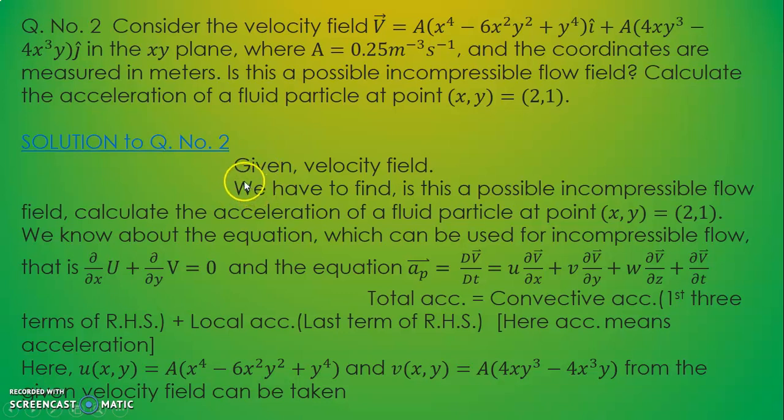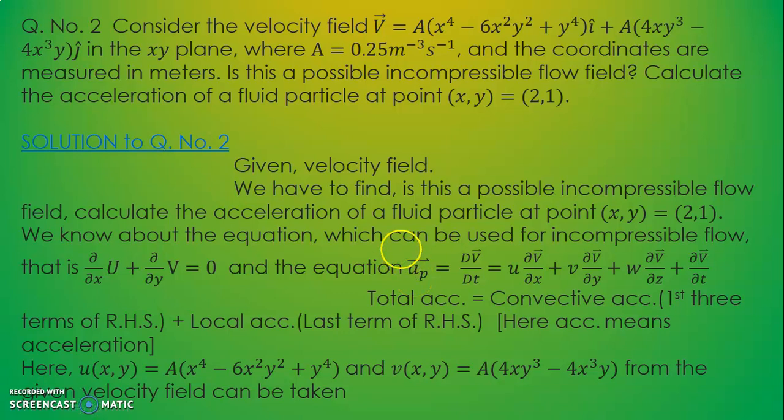Solution to question number 2. Given the velocity field, we have to find whether this is a possible incompressible flow. Calculate the acceleration of a fluid particle at point x, y is equal to 2, 1. We know the equation which can be used for incompressible flow, that is del x of capital U plus del y of capital V is equal to 0, and the equation